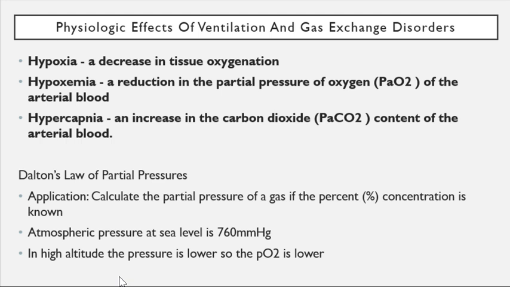You can think of it like the Earth, gravity is highest in the center, and the further out you go from the center, the lower the effects of gravity are, and that's also applicable to gases. So you have less pressure of gases at higher elevations,